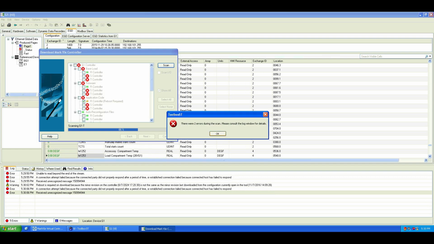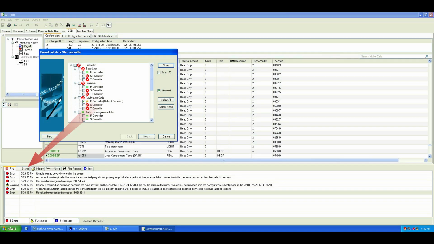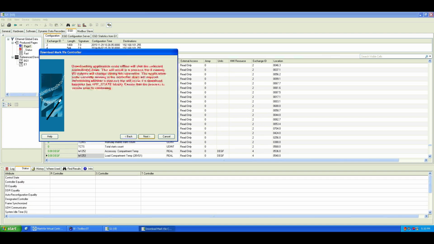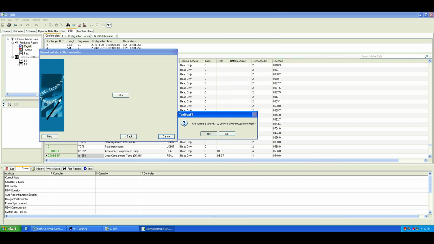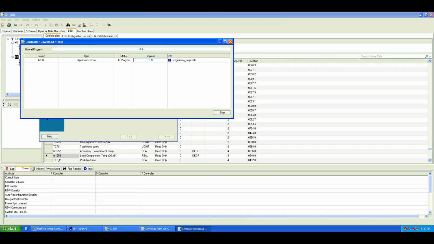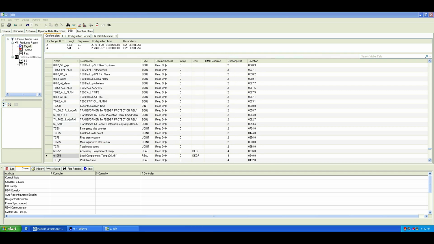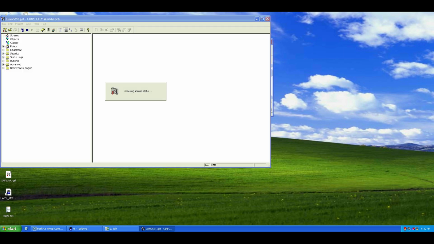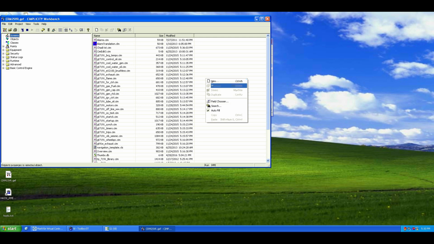Once the system scan completes, you'll see the errors. Just press OK and continue. Ignore the fact that I switched to the Status tab in the info viewer. I wanted to check something, but it shows nothing. Just keep pressing Next. You can read the messages if you want, then press Yes to perform the download. Wait for the download to finish. Then close the window. Now the two variables we added are being broadcast through EGD page 1, and we can